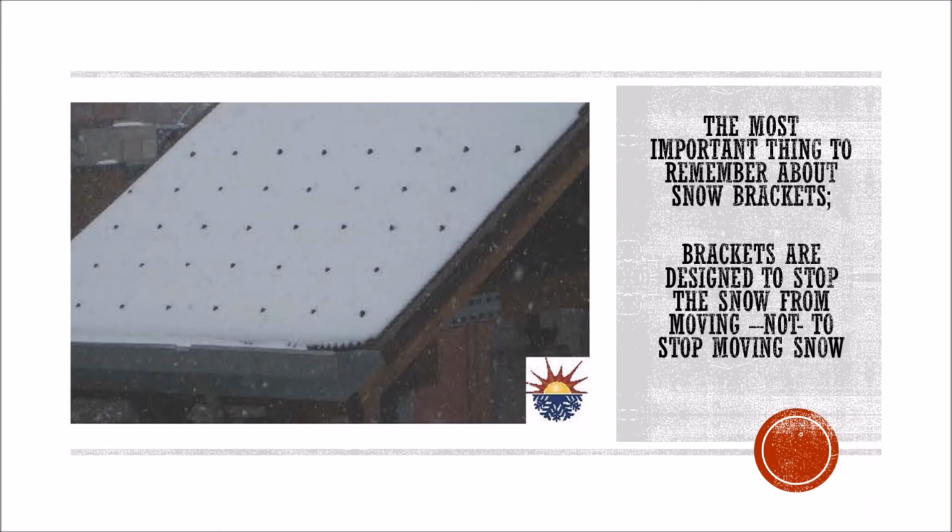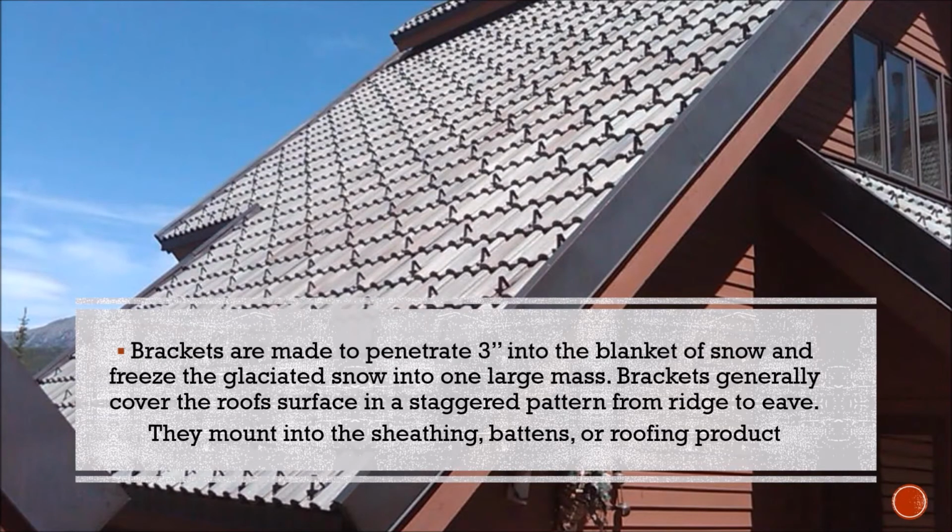So either your fasteners or your roofing material, anything like that usually will be the thing that fails prior to that. Brackets are made to penetrate 3 inches into the blanket of snow and then have the snow freeze to it in one large mass. So that's why oftentimes they are placed across the entirety of the roof from ridge to eave in a staggered pattern. So it just truly depends on all of the factors that go into it on how many brackets are necessary,